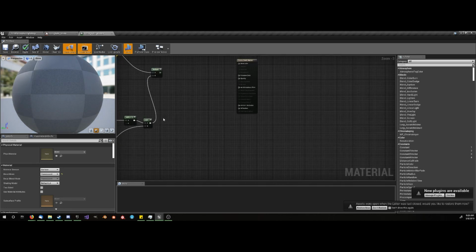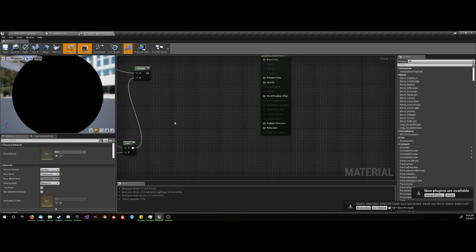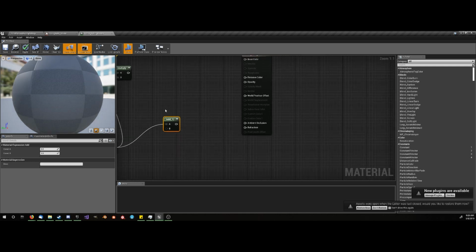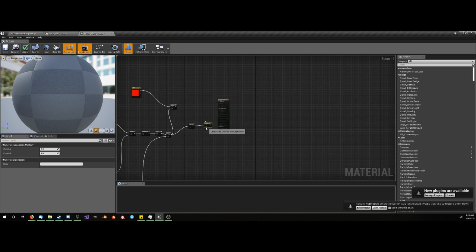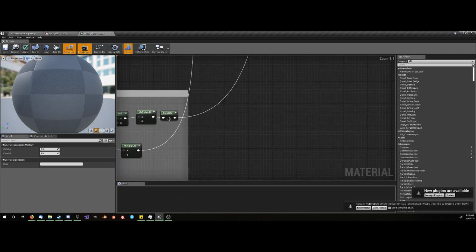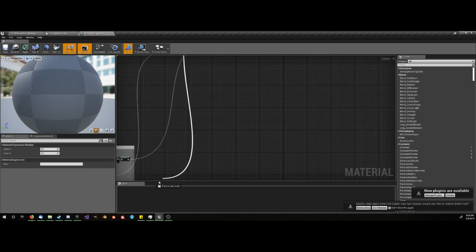And then the result of this add, as well as going into this multiply, needs to go into another add, and then a multiply. And then the B of this multiply is the result of this saturate. And then we'll create another multiply up here and plug our color into the A,